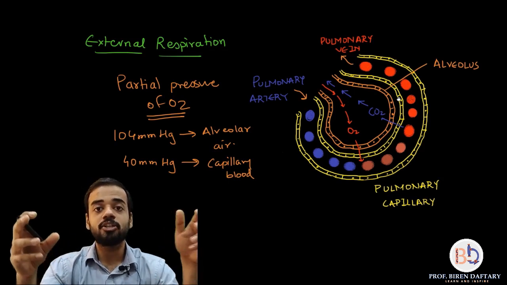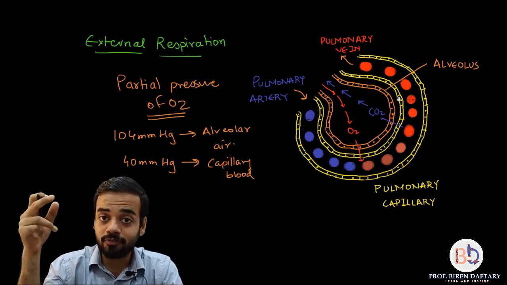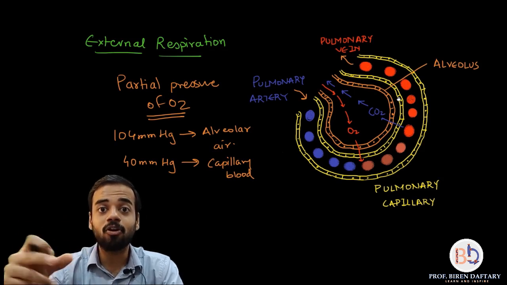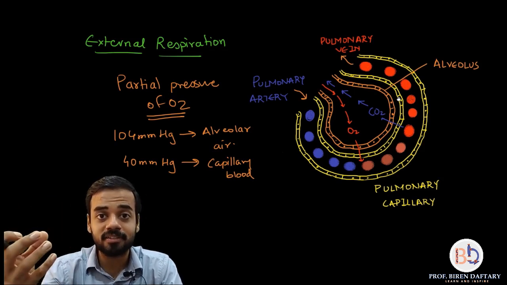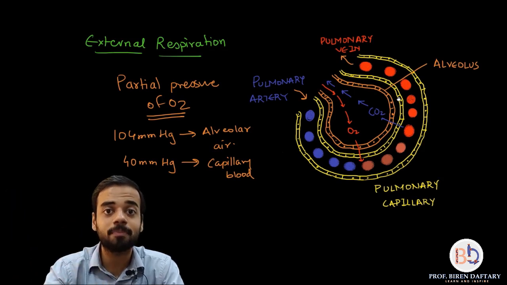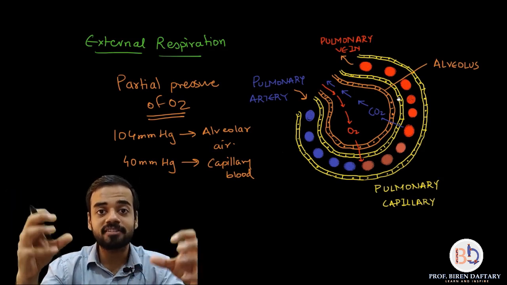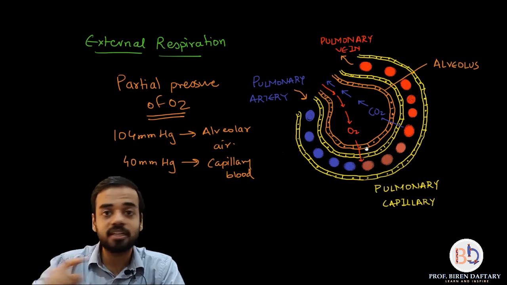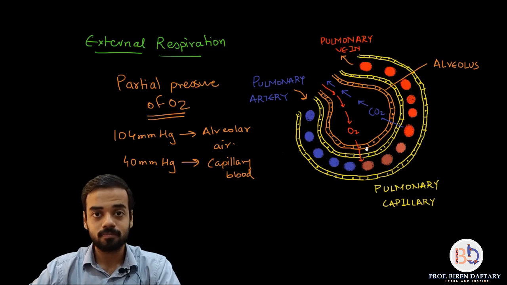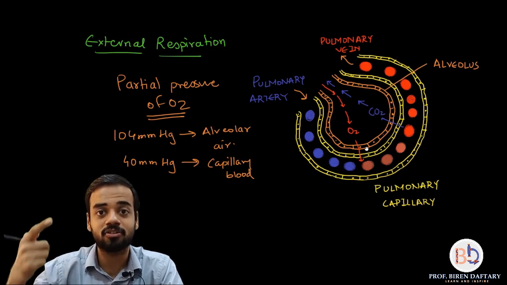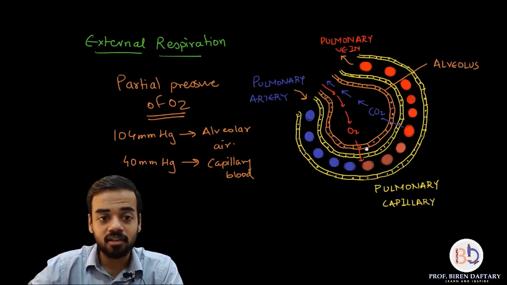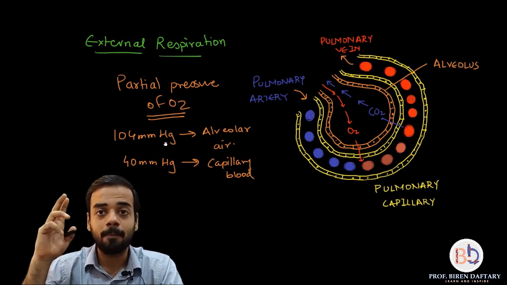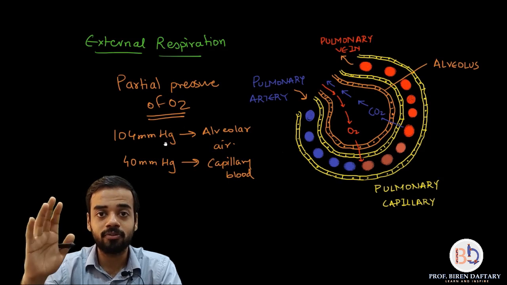Is this clear why oxygen moves from alveolar air to blood? See, because you have to explain why oxygen from air is getting dissolved in the blood. It is diffusing because it is present at a higher partial pressure. It is going to an area which is at a lower partial pressure. If the partial pressure of oxygen in the alveolus and the capillary was the same, then oxygen wouldn't have gone into the blood. This difference is causing the oxygen to move. Is this clear? So these values you have to remember. Please remember to write down the unit. Millimeters of mercury is the unit.